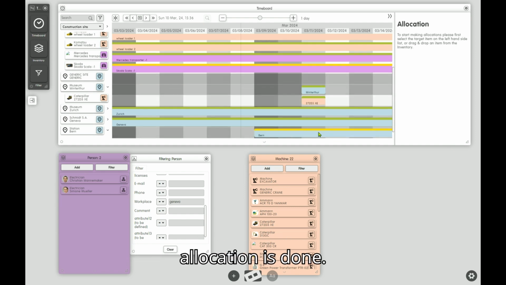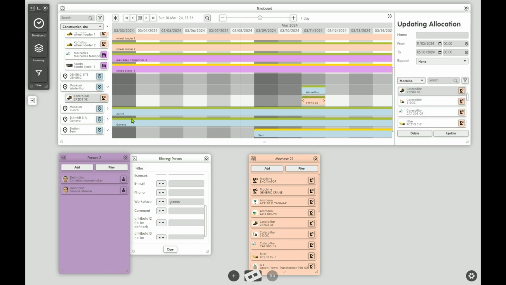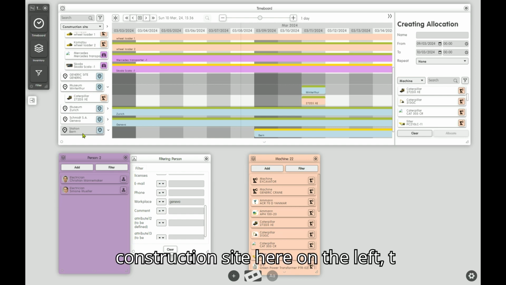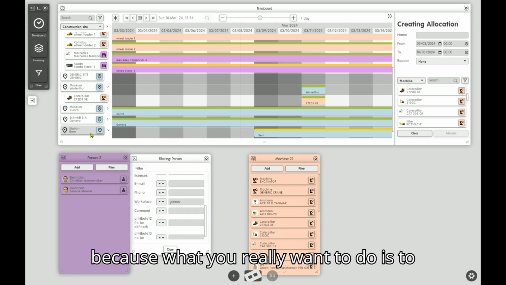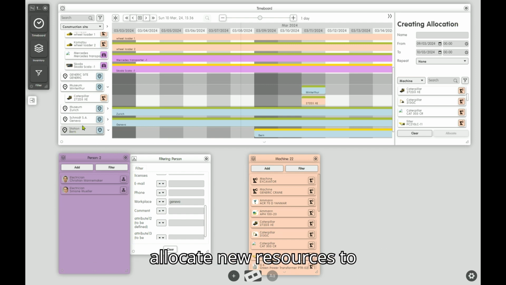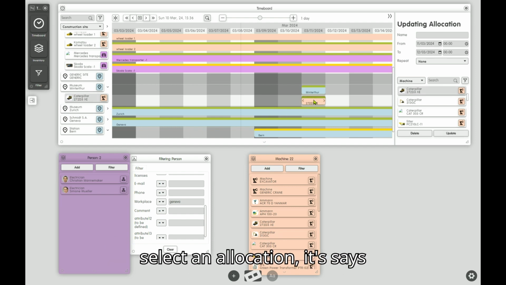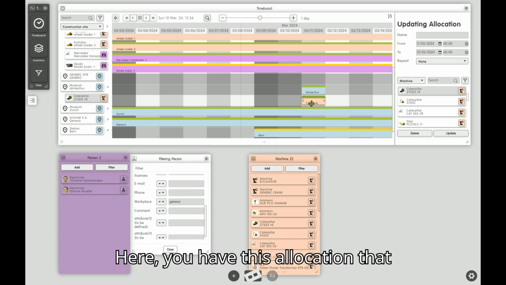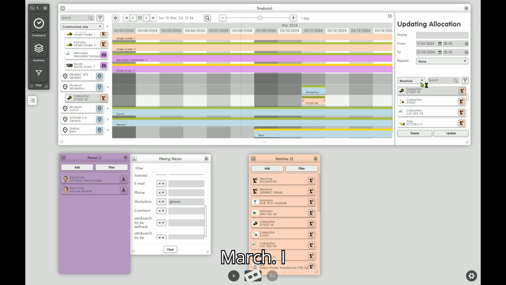And you click allocate, and the allocation is done. Let me explain one thing. If you select a construction site here on the left, then it says creating an allocation, because what you really want to do is to allocate new resources to that construction site. If you instead select an allocation, it says updating allocation. Here I have this allocation that lasts from the 11th to the 12th of March, and I can make changes,